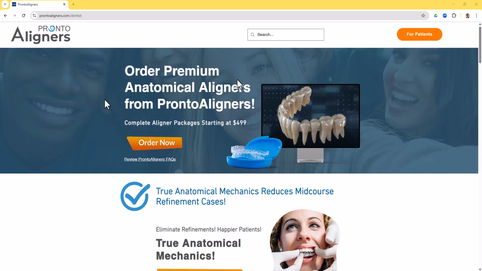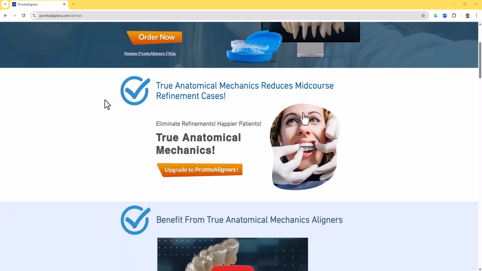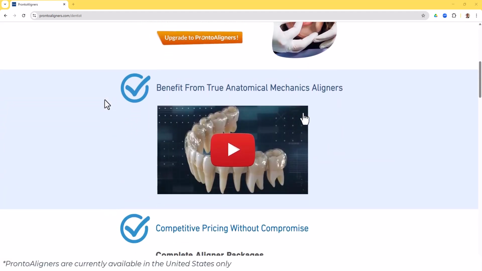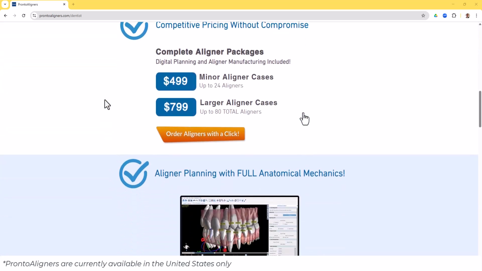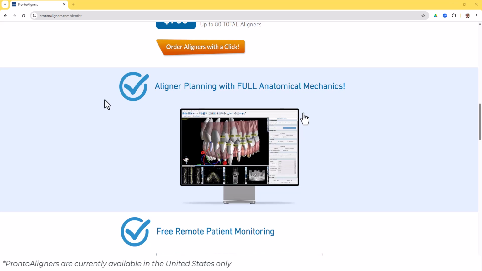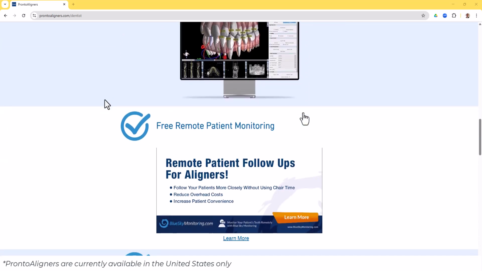Pronto aligners are the ultimate value proposition for your aligner cases. Premium aligners at an unbeatable price, plus game-changing extras. Free mid-course refinement replanning. Lab Pronto also offers predictable results with full anatomical route-based planning designed to eliminate those mid-course